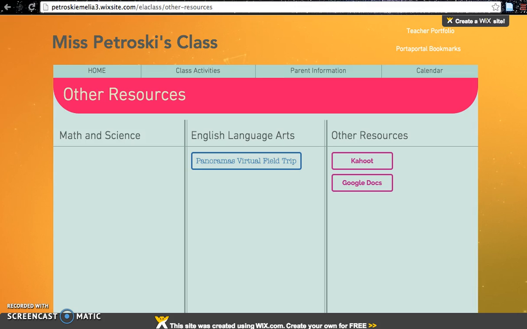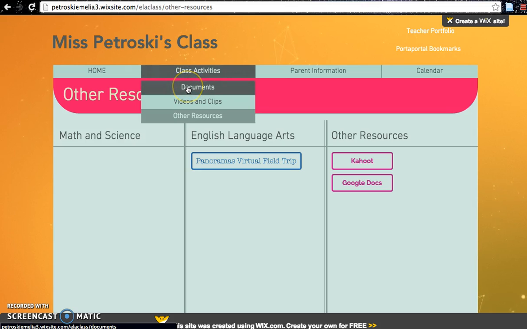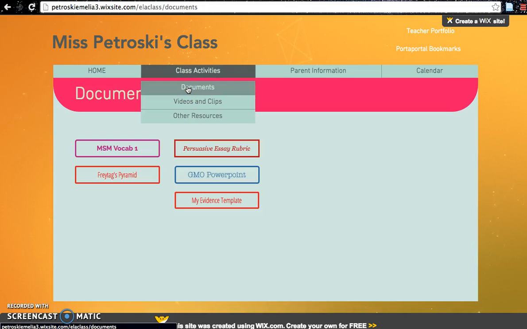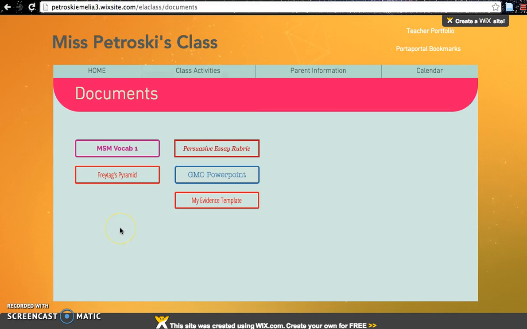And then we're going to go back to the other resources page that we were on, the class website, and going back up to class activities, we're now going to go to documents. So using some of the descriptive terms that you brainstormed, you should be writing things down. Perhaps it's Machu Picchu. You can practice on that. Perhaps you've already chosen a place. But once you've found that place and you've started using some of these details we've talked about, knowing what you know about Freytag's pyramid,